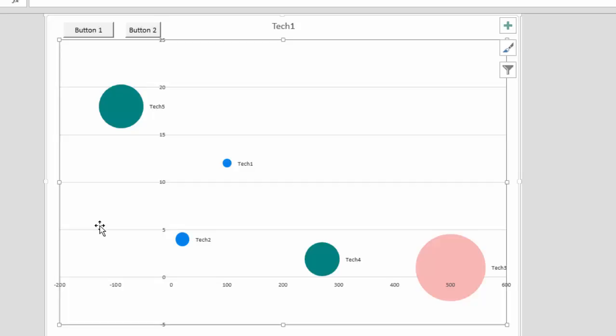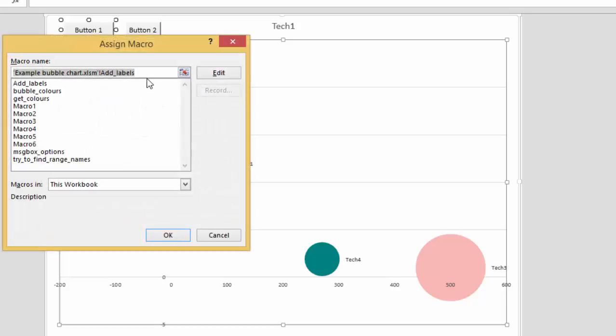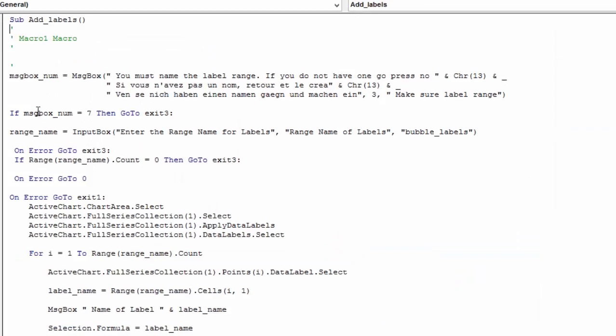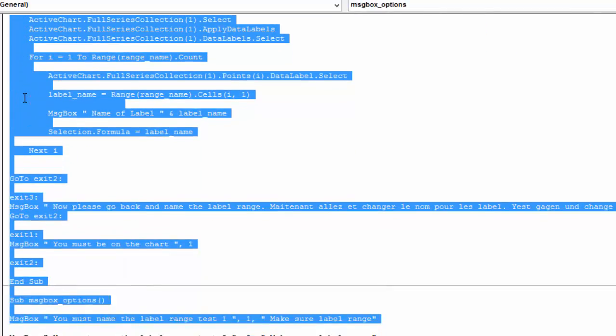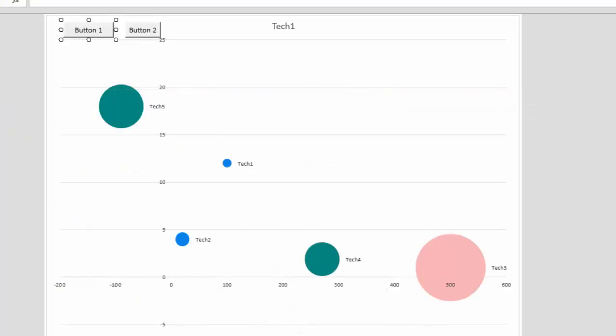So that's making a bubble chart and getting some colors. So what you have to do is essentially just take these macros, and you have to copy. You don't have to do anything else, but you can copy these to your file. Okay, so that's our bubble chart, and now I'm going to make another video that shows